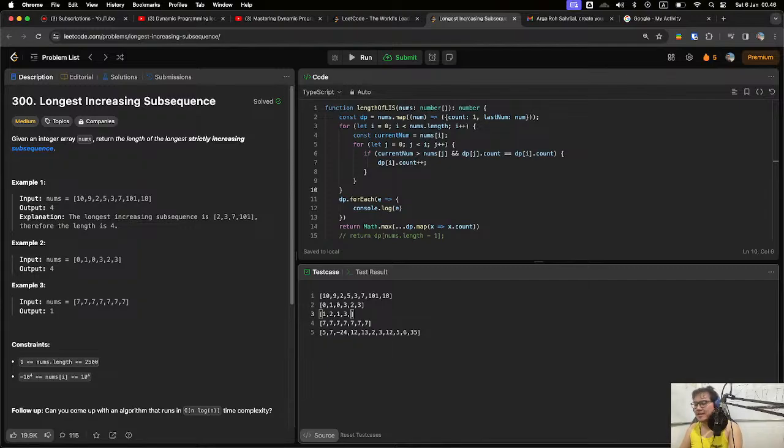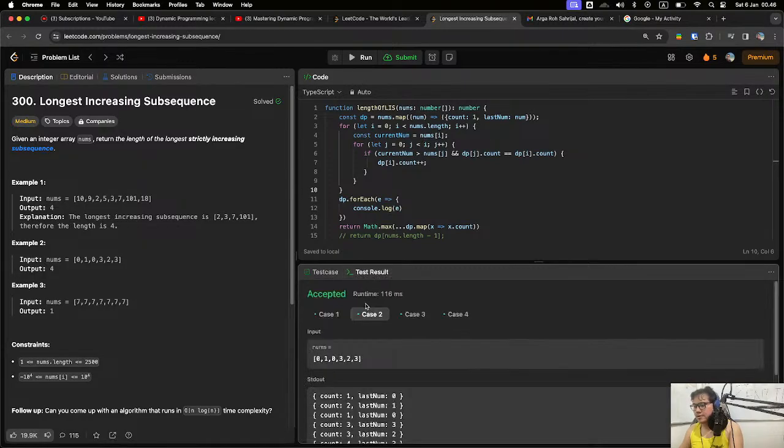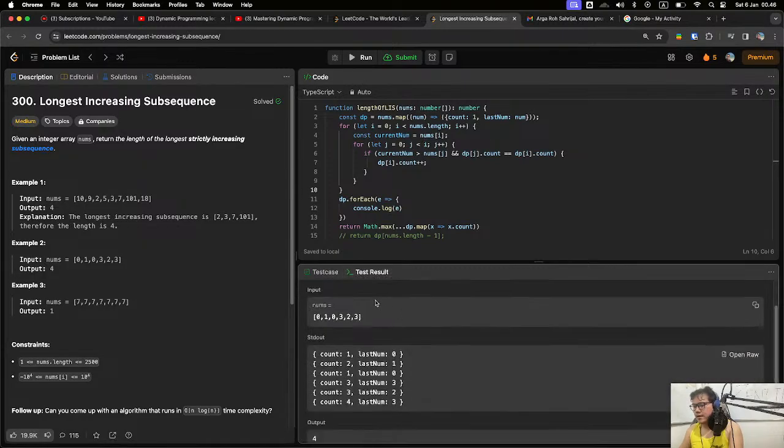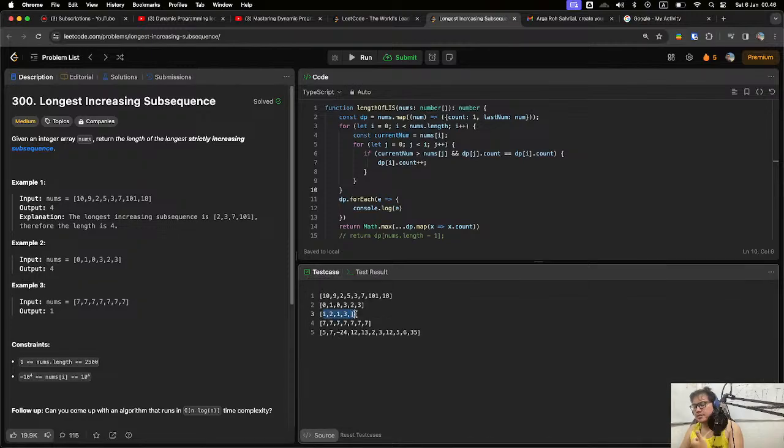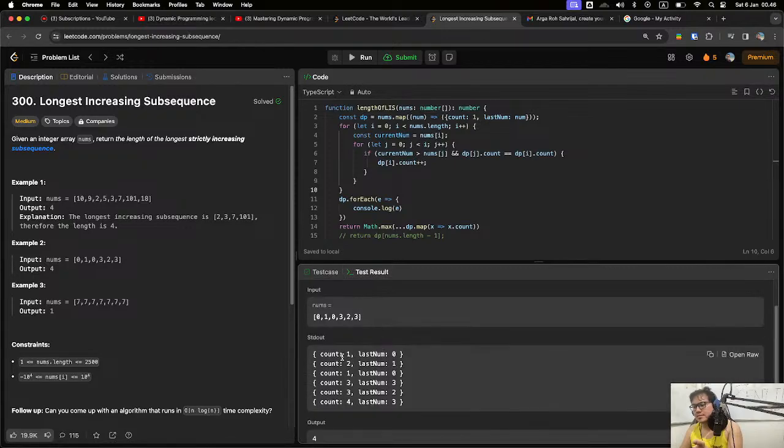But actually if we go to here, we can see the DP count, like the outcome, the longest increasing subsequence in each index. For example, for this array, just like I simulated just now, the 0th index has 1 longest increasing subsequence.